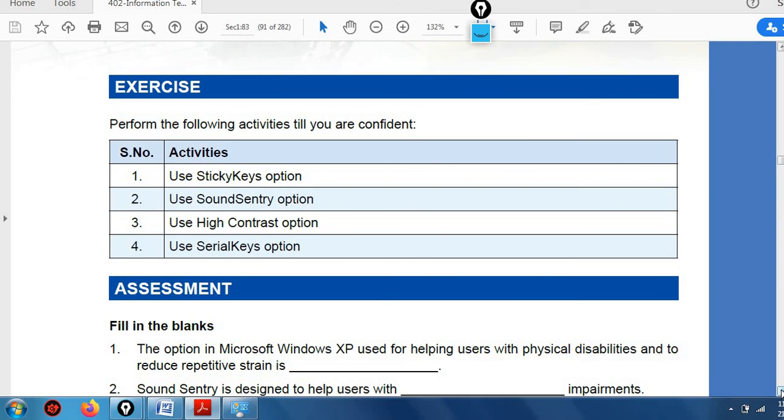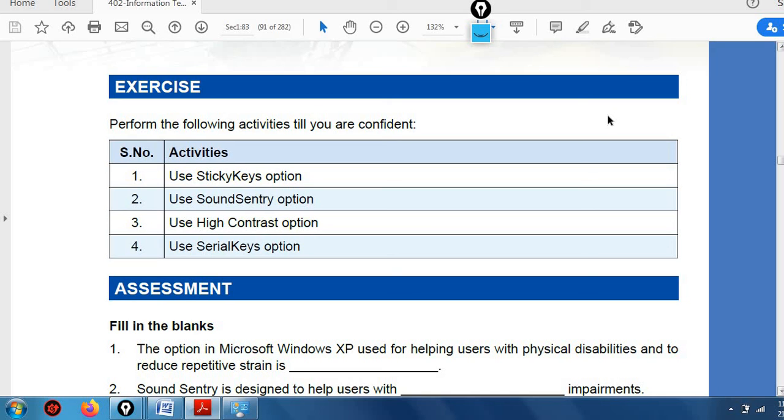What do you have to remember? You have to just remember that under keyboard, what all features we have seen for the impaired persons. Under keyboard, how many features we have seen? Sticky keys. Second is filter keys. Third is toggle keys. These three kinds of features we have seen, right? And under the mouse option, we can operate the mouse with the help of the keyboard, right? In the keyboard, we can use mouse.